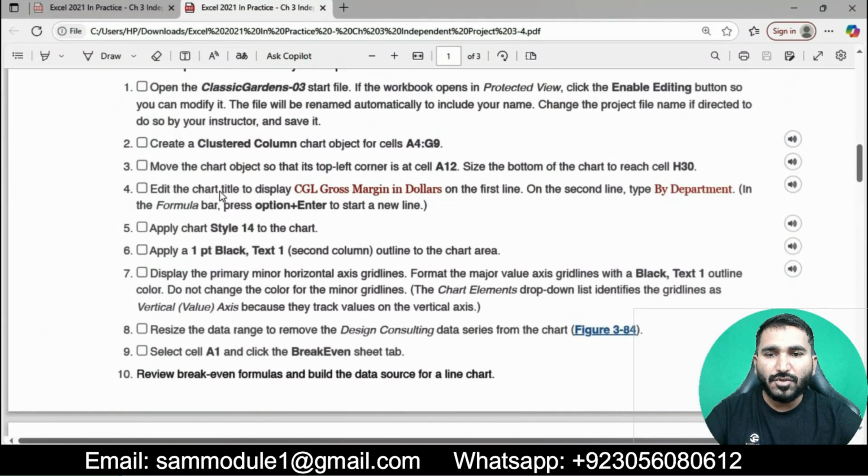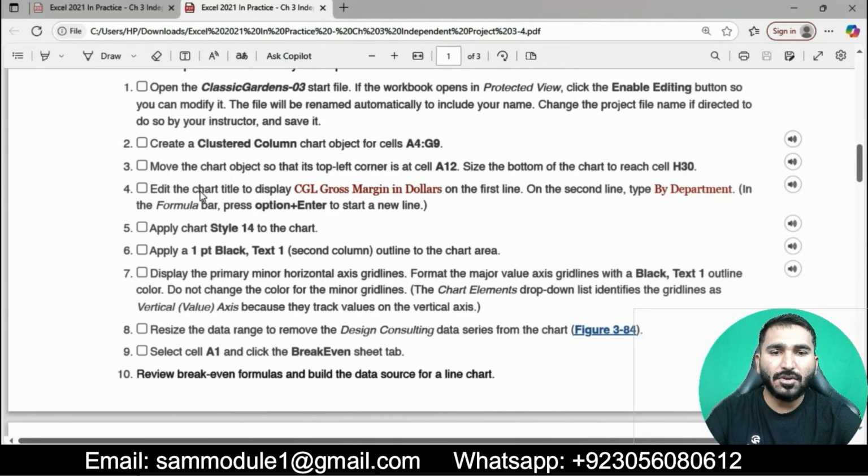Now point 4 is to add the chart title to display CGL Gross Margin in Dollars on the first line. On the second line, type By Department. In the formula bar, press Option plus Enter to start a new line. Basically, in this question we will enter a chart title.